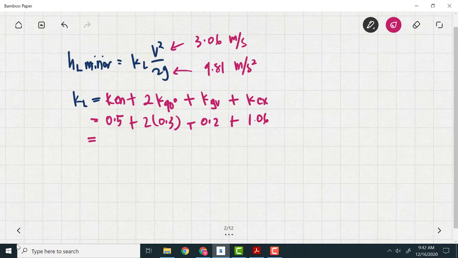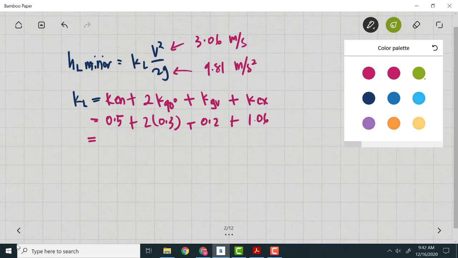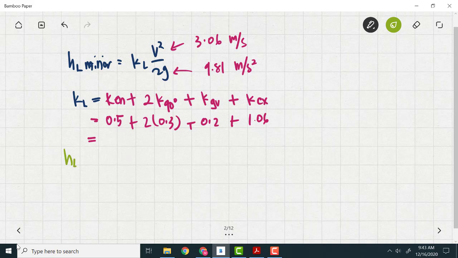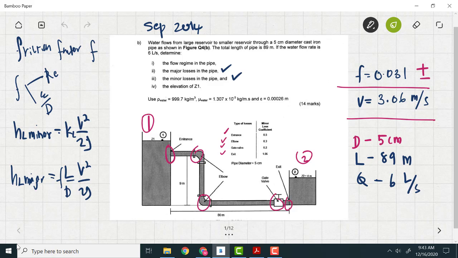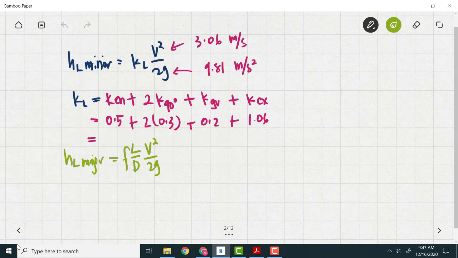Okay, now we will be looking at HL major. Very simple. We have F L over D V square over 2G. So F awak dah cari untuk soalan ni sebelum ni, untuk homework sebelum ni, which is 0.031. So just substitute the value. So we have F here is 0.031